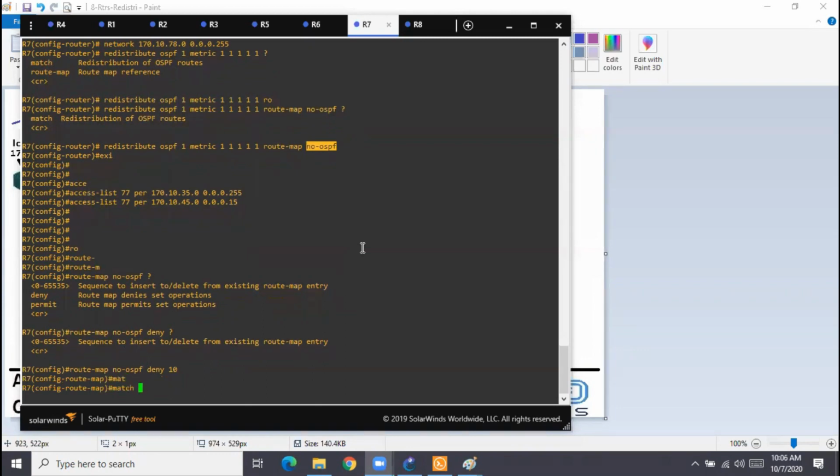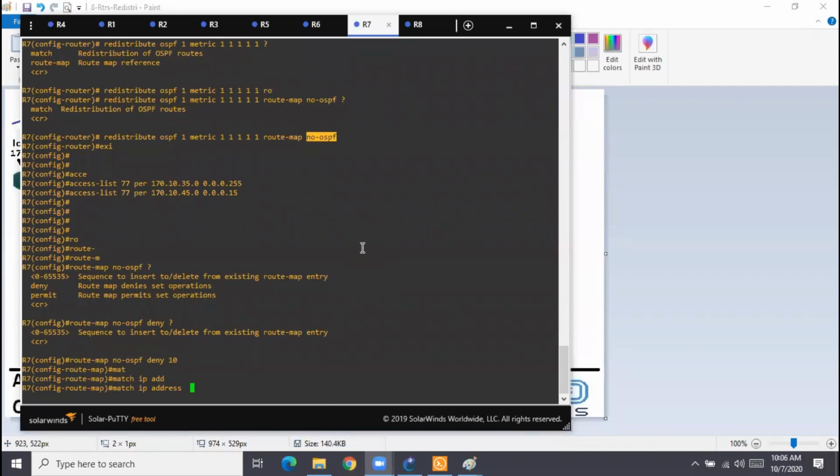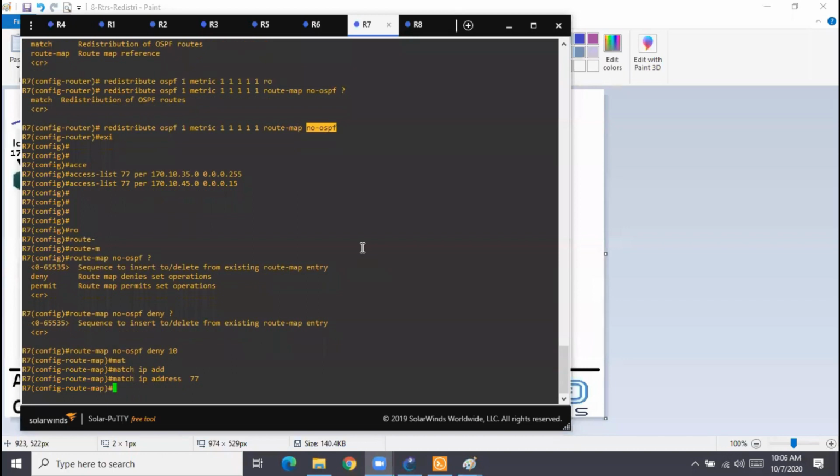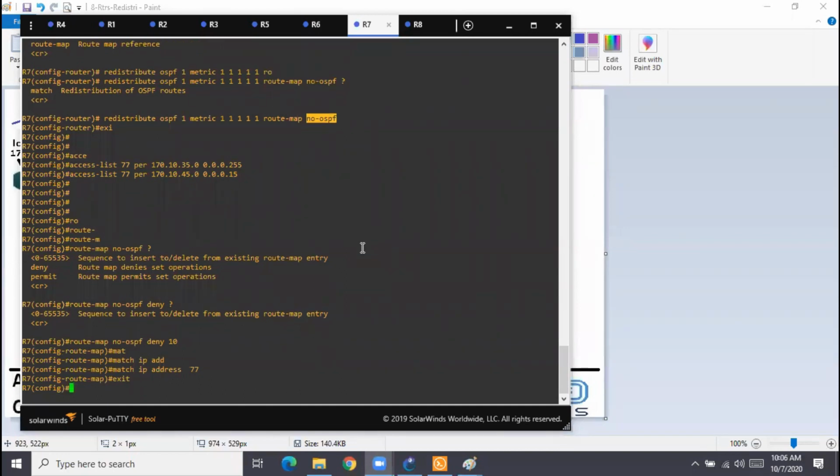And then I match that access list. Match IP address, the command, and the name of the access list. What is the access list number? 77. Finish. Okay. Exit. Now what will happen? These two routes are a part of access list 77.